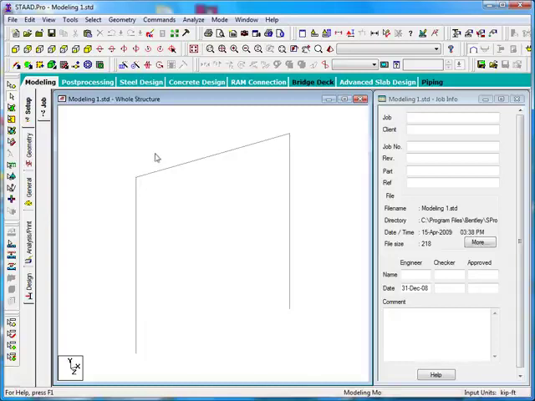So, in order to demonstrate this tool, I've opened the saved dataset file named modeling1, and then I'm going to come up and activate the Add Beams tool, and I'm going to assume that my intent is to just recreate the cross braces in this particular bay. So I'm going to start down at the lower left hand corner, and with my cursor reasonably close to the node at the lower left, I'll click once and stretch up and away,